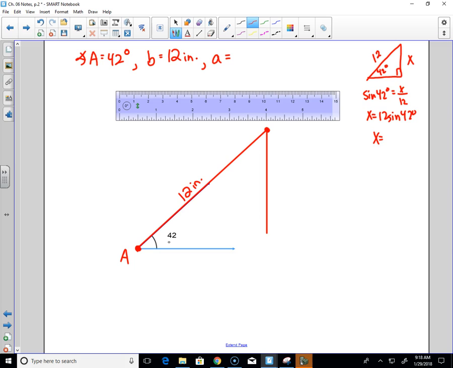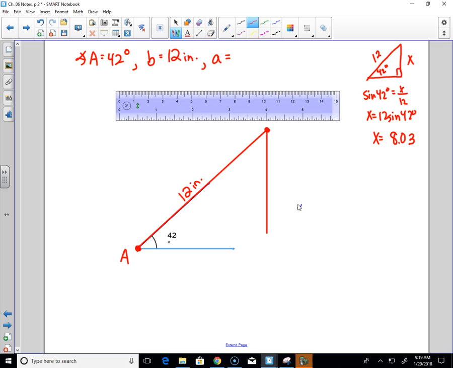What do you got, Ruth? 8.03. Okay, you guys agree? 8.03, because then we round up the 9. Okay, so 8-ish, right? So what else couldn't A be? Well, anything less than this guy, right? So right now I know that in order for A to be legal,